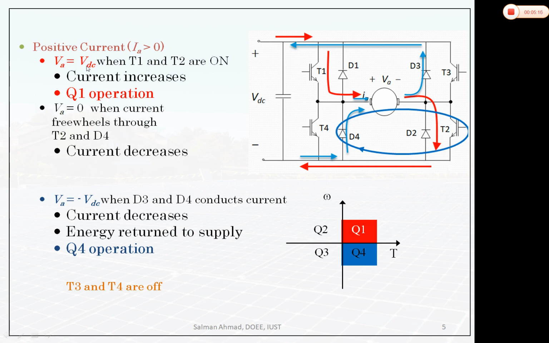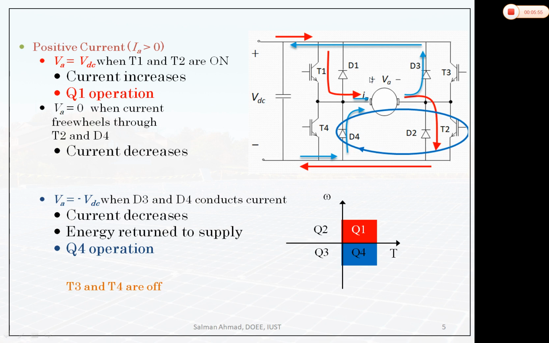First, the circuit represented with the red line, you can see here. If T1 and T2 are turned on, we are making T3 and T4 turned off because these are complementary switches. So first I turned on T1 and T2, that will ensure positive current operation. If T1 and T2 are conducting, voltage applied across this will be plus here and minus here, so VA will be equal to VDC.